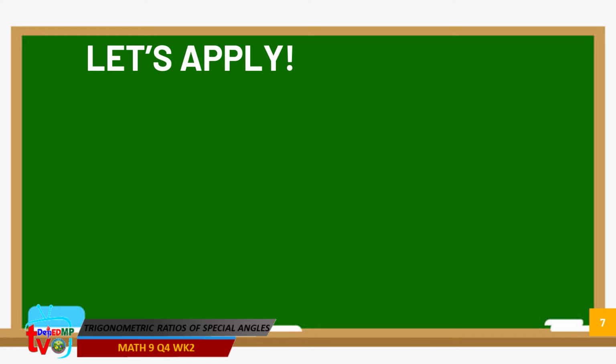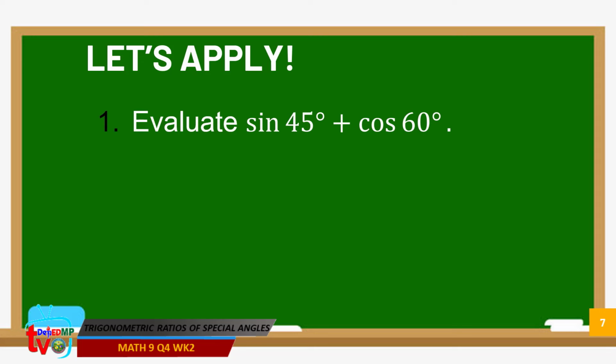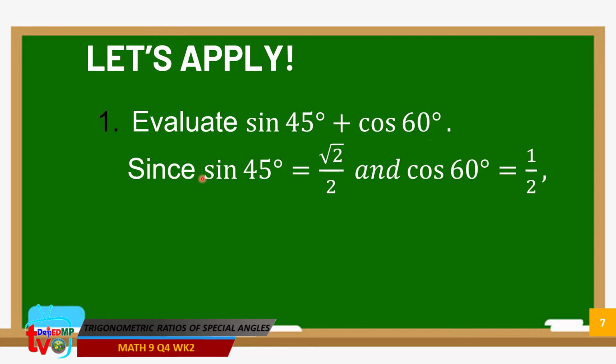Let's apply what we have been learning. Let's start with number 1. Evaluate sine 45 degrees plus cosine 60 degrees. Since we know that sine 45 degrees is square root of 2 over 2 and cosine 60 degrees is 1/2, we have